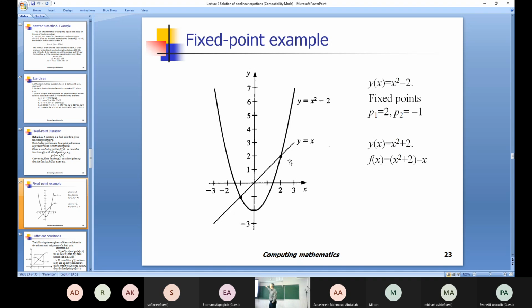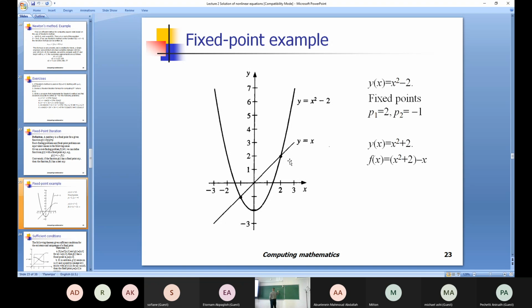There are two fixed points, P1, 2 and minus 1. So when you substitute 2, you have 2. When you substitute minus 1, you will get minus 1. Well, so when I write the problem,